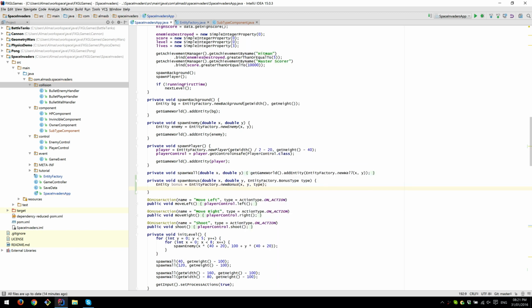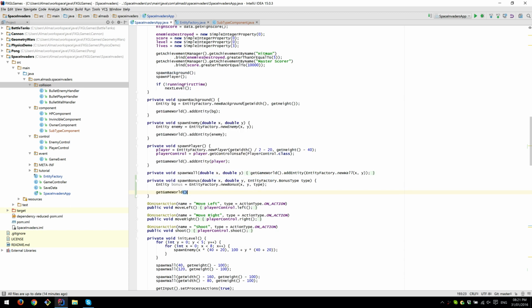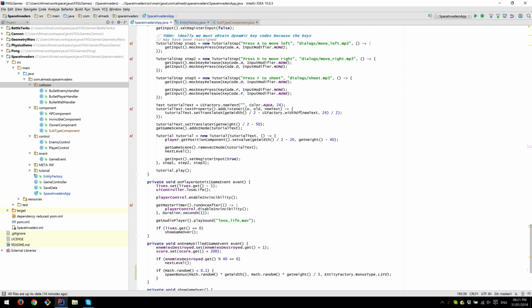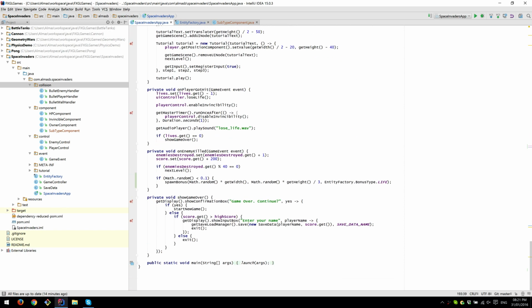That gives us the entity, and we're going to add it to the game world. So this will create our bonus entity at random position. If we wanted to have a bonus spawn at a particular position, so say where the last enemy